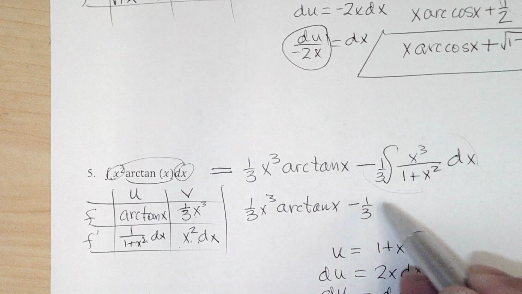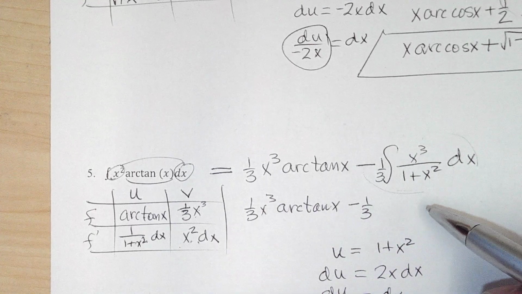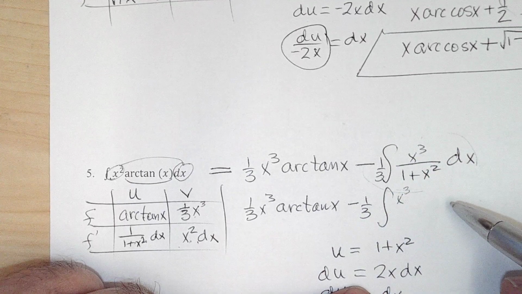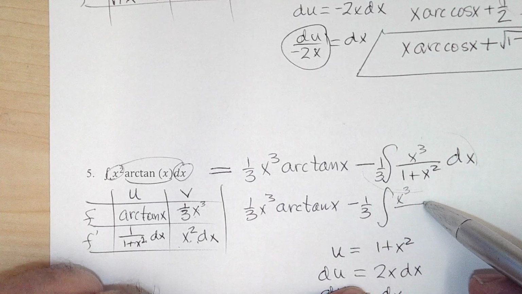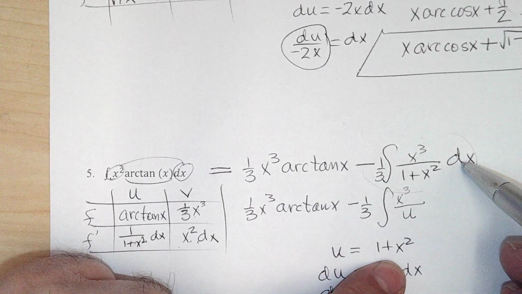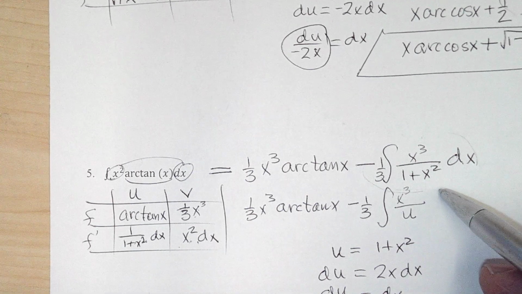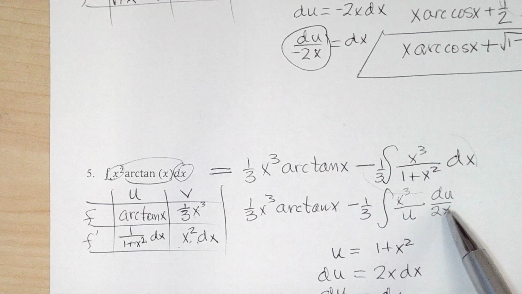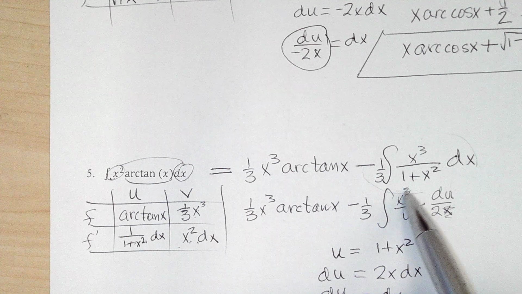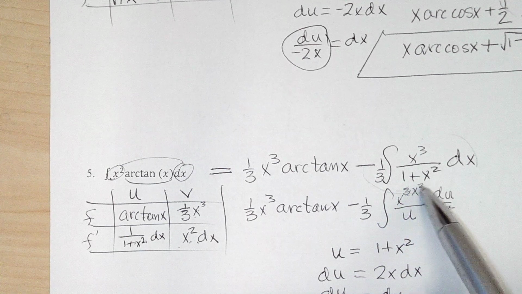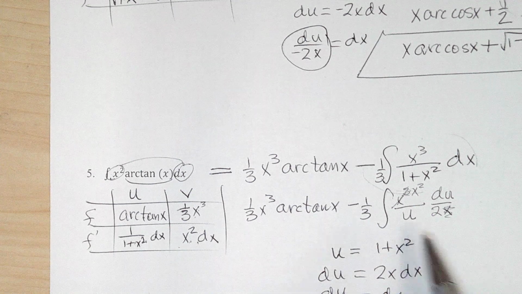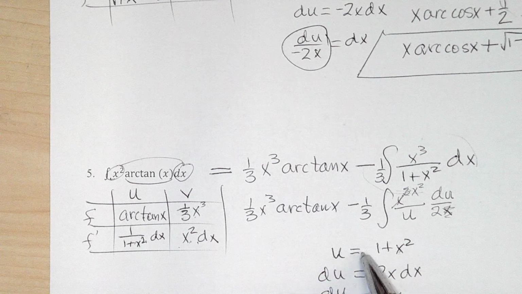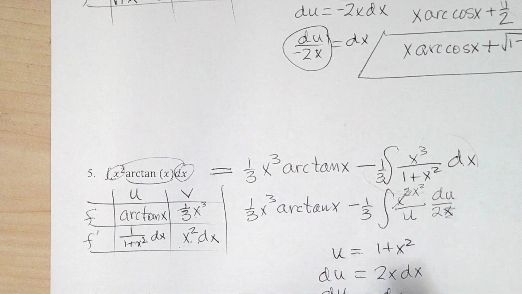And so we got the integral of x to the third over u, and dx is du over 2x. So only one of the x's cancel, so I've got x squared left. But x squared is u minus 1. If I solve for x squared here, it's u minus 1. So this becomes